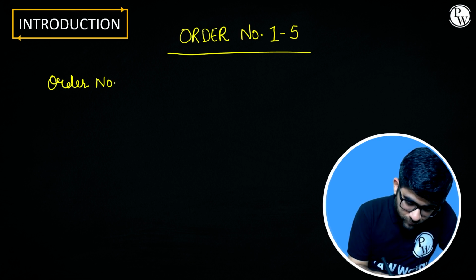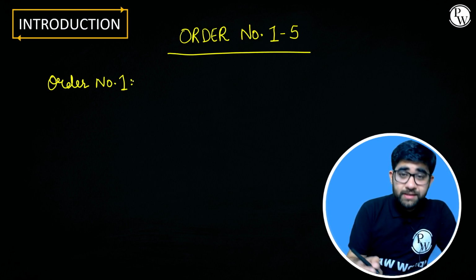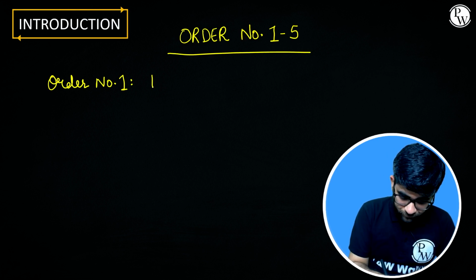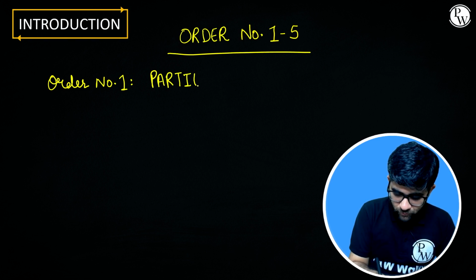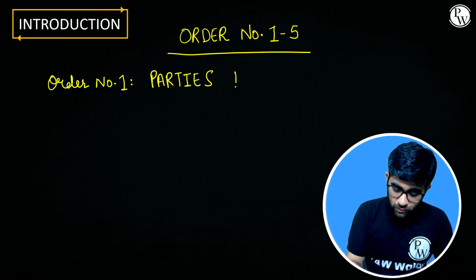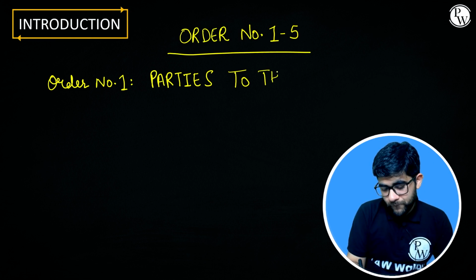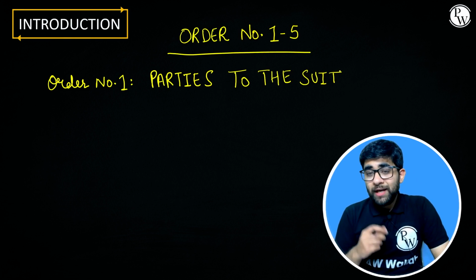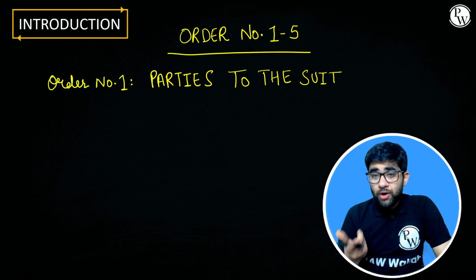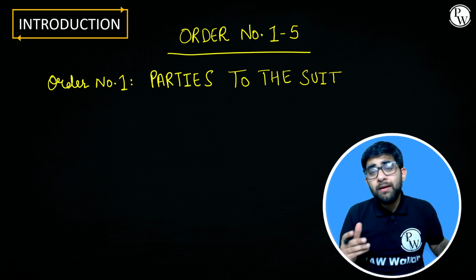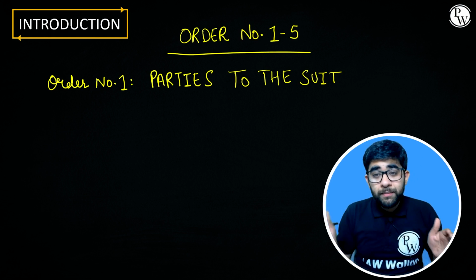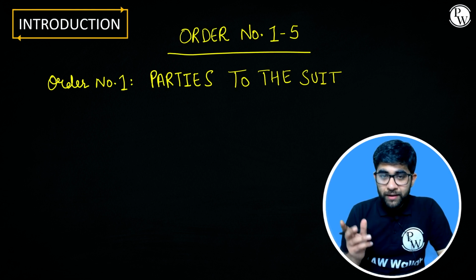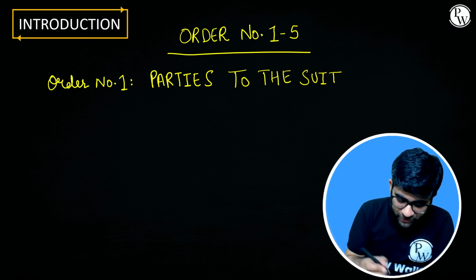Order number 1 is parties to the suit. It all deals with necessary parties, misjoinder of parties, non-joinder of parties, and basically which people should be there in a suit, right? So, the kinds of parties you can say are